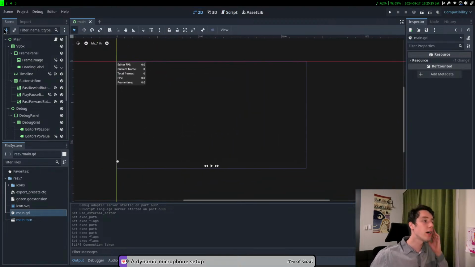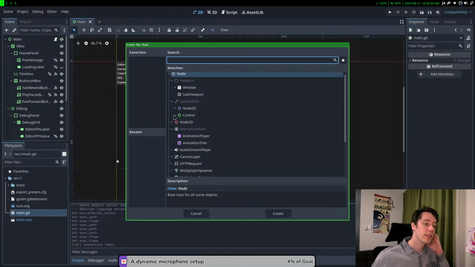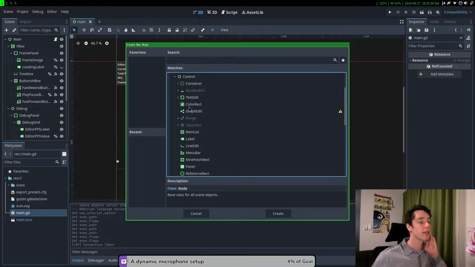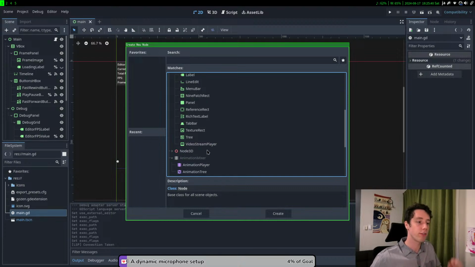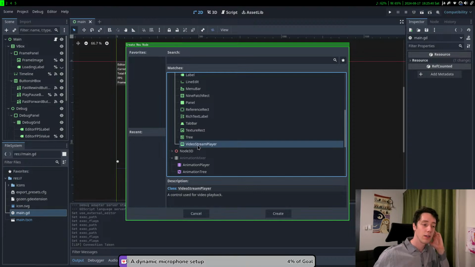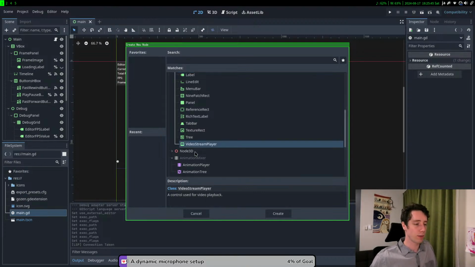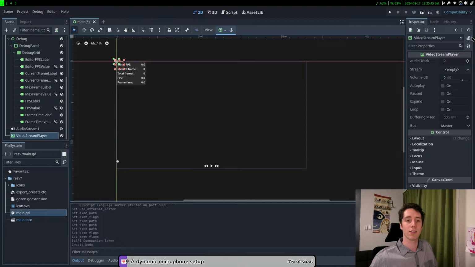So now let's start. We need to add a control node. I will make it a child class from TextureRect. I don't know where the normal video stream player is, a normal control node. I don't actually know that well what this one does, so let's quickly look at the documentation